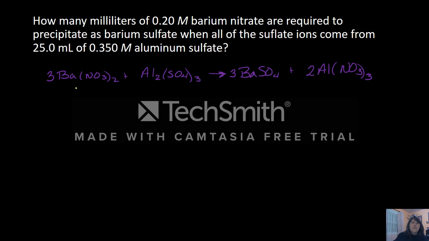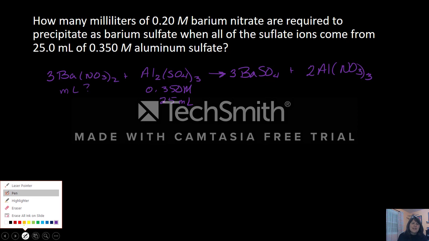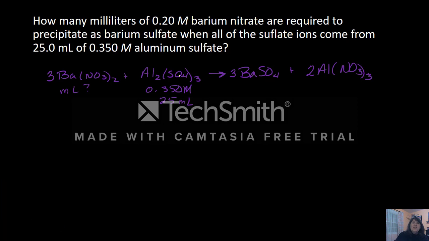So the problem says, how many milliliters of this to precipitate all of the barium into barium sulfate when I've been given 0.350 moles of 25 milliliters. Now I'm going to go ahead and break this into a couple of pieces this time. So first let's get the moles of this. So for the moles of aluminum sulfate, it's 0.350 moles of aluminum sulfate for every liter times 0.025 liters. I went ahead and converted that to liters. And that gives us